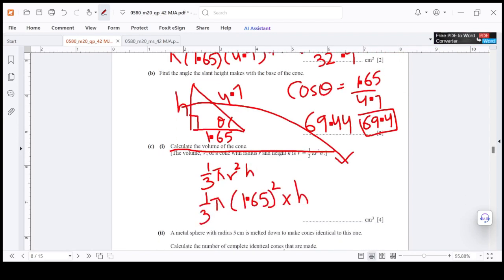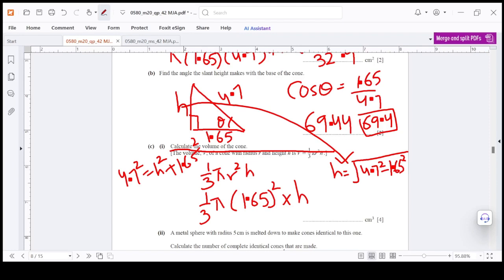It's going to be the square root of c squared minus a squared, because the actual formula is 4.7 squared equals h squared plus 1.65 squared. I've moved it around and got the formula I've written on the right hand side. So 4.7 squared minus 1.65 squared, and square root of that is coming out to be